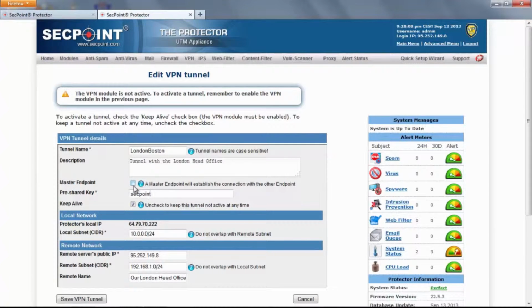Of course, one of the protectors must be defined as master and the second one must not be defined as master. The difference is that a master endpoint, when you turn on the service, will actively try to establish a connection with the other endpoint. Instead, a branch endpoint, when you turn on the service, will enter in a wait state for incoming connections from the head endpoint. Now we can save parameters on both protectors,